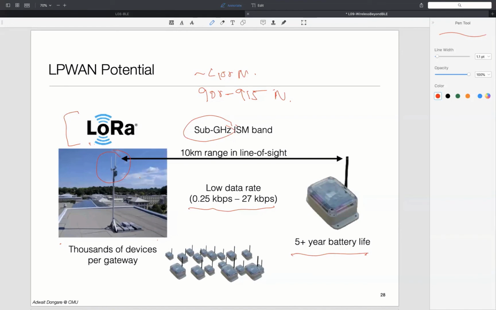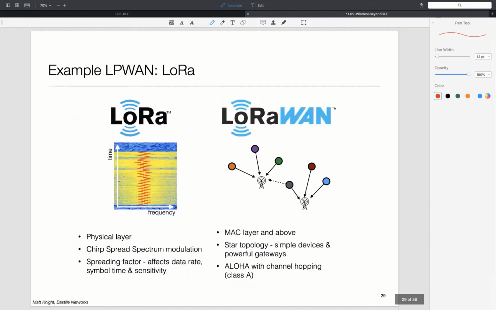So very different space. And the other thing is, because it's operating in the ISM band, unlike LTE type stuff where you have to pay money, this is all free. You buy the devices, you deploy it, and there is no recurring cost that you have to pay. There's no cellular service that you need to subscribe to. So there is a lot of stuff out there. These guys use spread spectrum